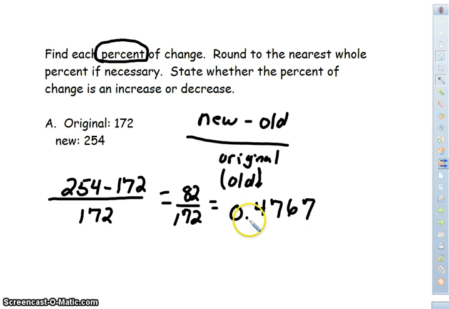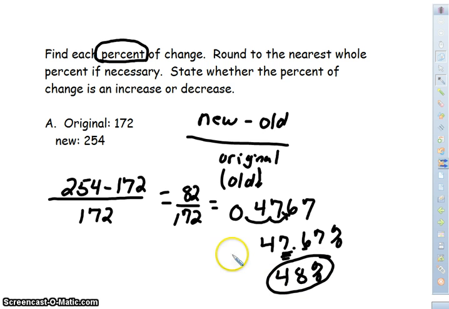Please make sure you make it into a percent first. 1, 2 places. Now you can round, since it's 47.67%, in rounding to the nearest whole. So now we can, since we're rounding this number, look at our 6, changes that to an 8. So 48%